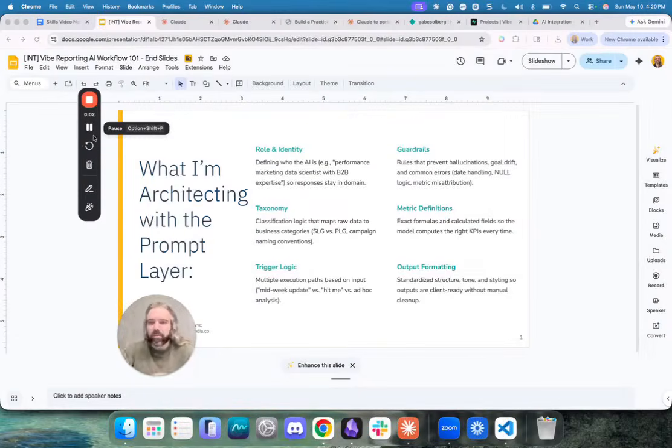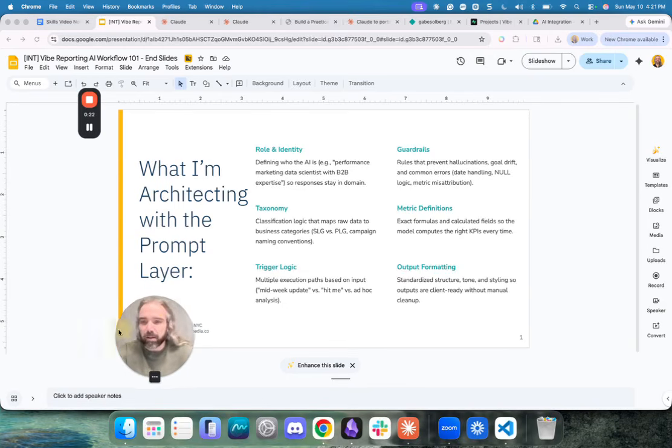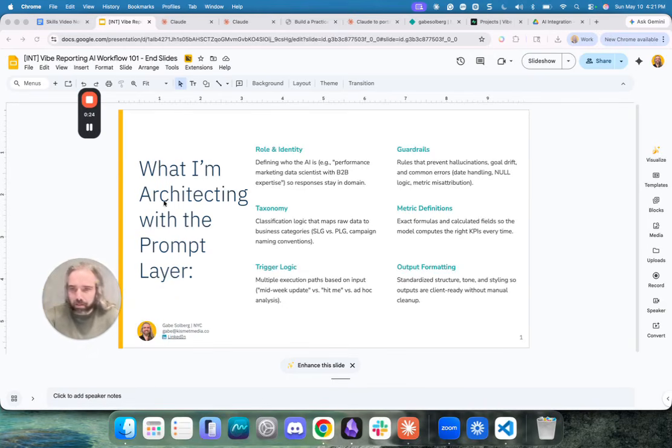So project instructions are a critical component of this entire setup because you're essentially engineering a context layer. That's your starting point to make the LLM better at what it does and relevant to what you're trying to achieve, to help it understand the data and the nuances within it, right? So that's kind of what this project